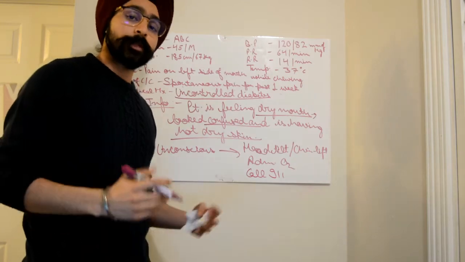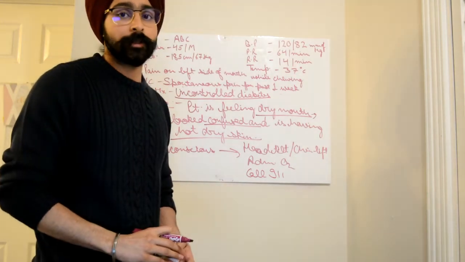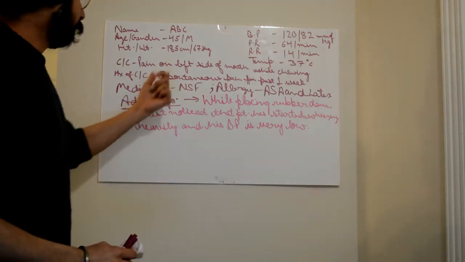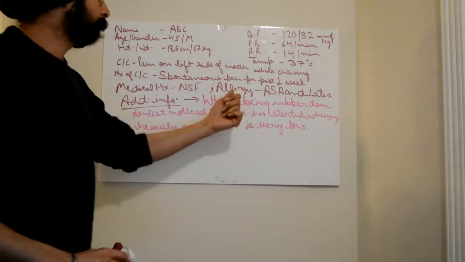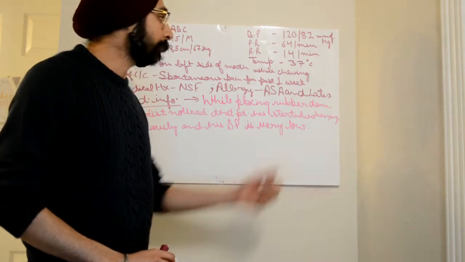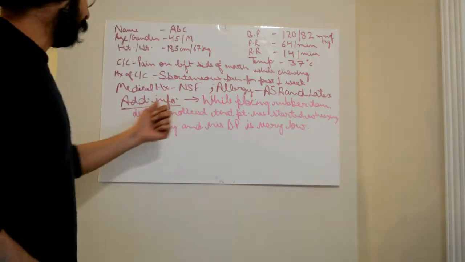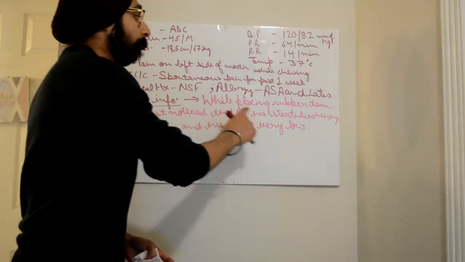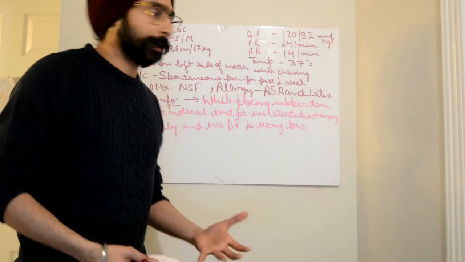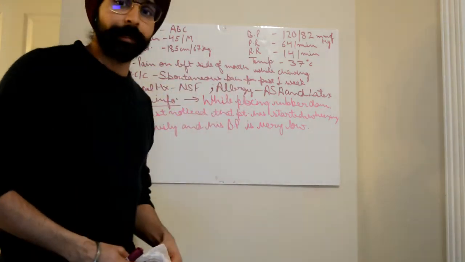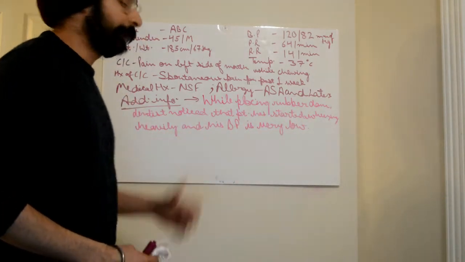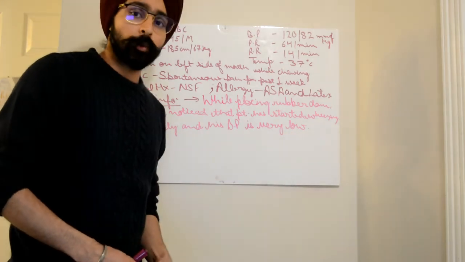Okay, so now let's discuss another important emergency. Guys, I have made some changes in the question. The medical history is not significant. Patient is having allergy to acetylsalicylic acid or aspirin and latex. In the additional information it is given, while placing a rubber dam, because the patient might be getting endo treatment done because his tooth was aching, the dentist noticed that the patient has started wheezing heavily and blood pressure is very low.